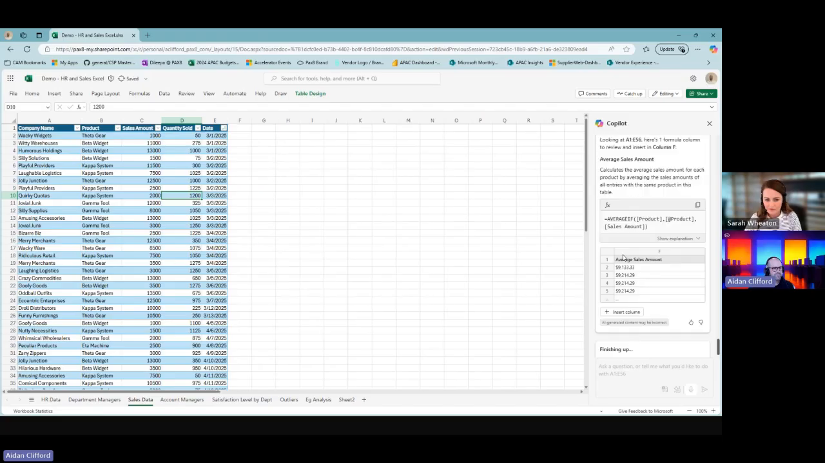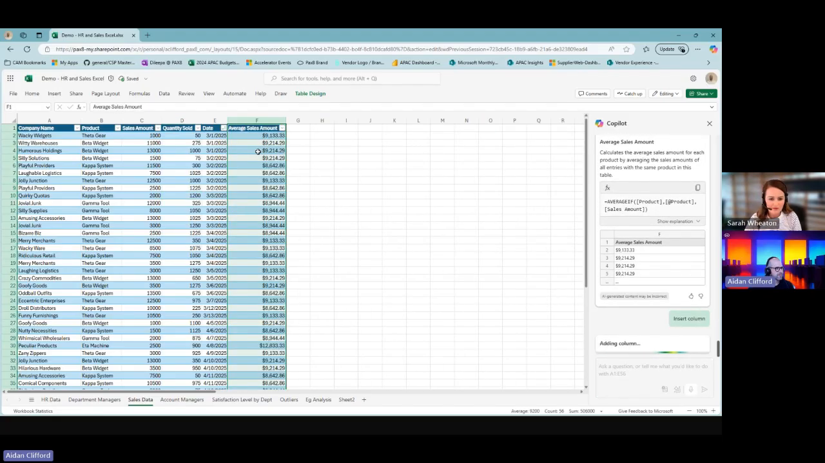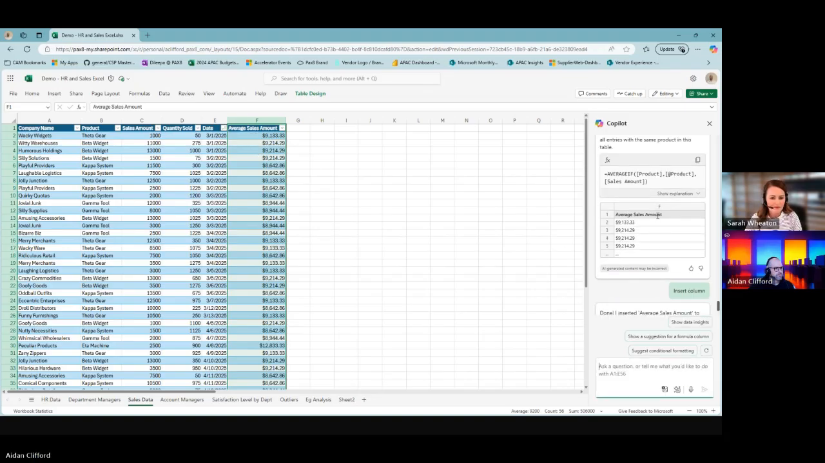Awesome. So we've got our explanation once again. We've got the formula we're able to use later, and then the output. Let's just pop that in there for us. So what we've extracted here, just to interpret the data, is we've related the average sales amount for